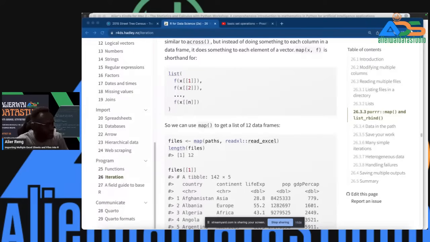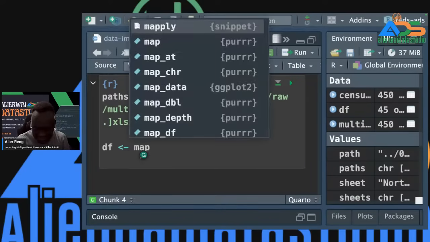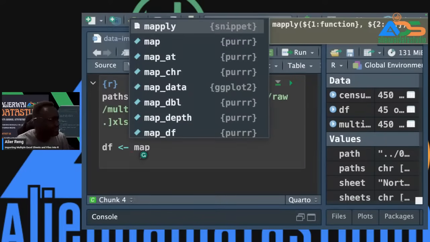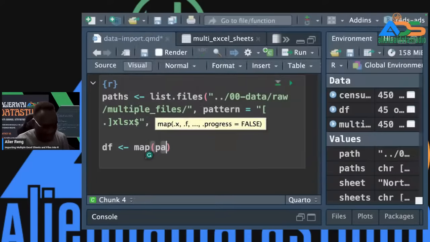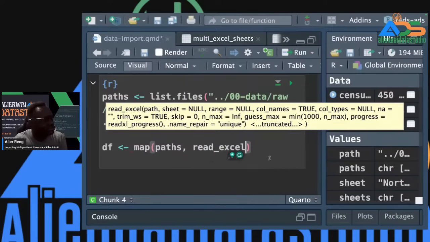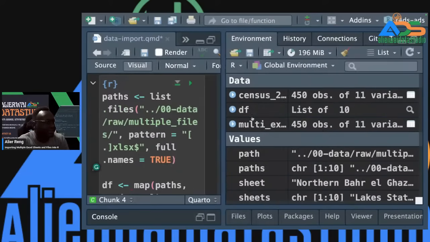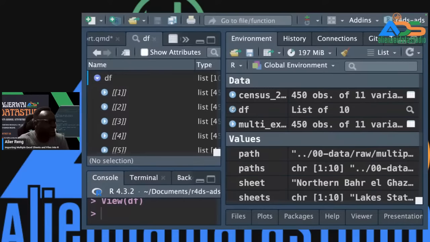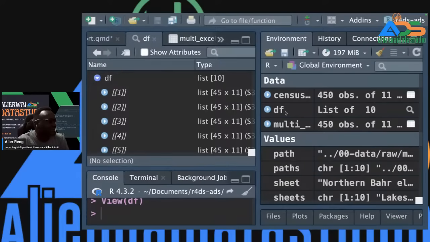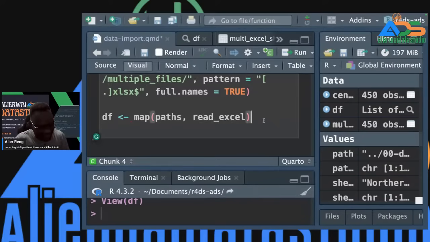So we will come back to RStudio and say, okay, let's do exactly what they have done, the way they did it, and then say path. Let's call our function Excel. Now let's run it and see what will happen. Okay, so there are again 10 lists, and we are going to use, so we are going to pipe this into